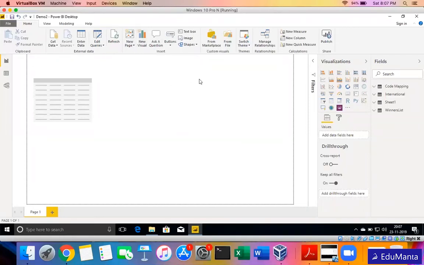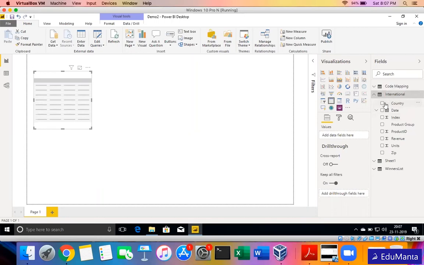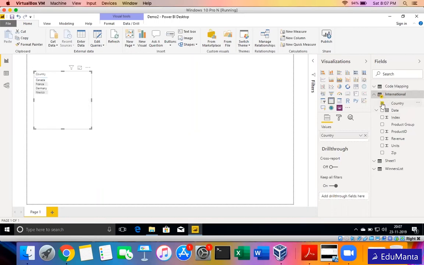It will just insert a new visual, and I select this table. Now, when I have selected it, it's active, so whatever I drag will come inside this particular table. Suppose I want to see data country wise, I can just click on it. It's added there. Revenue: I want to see country wise revenue,